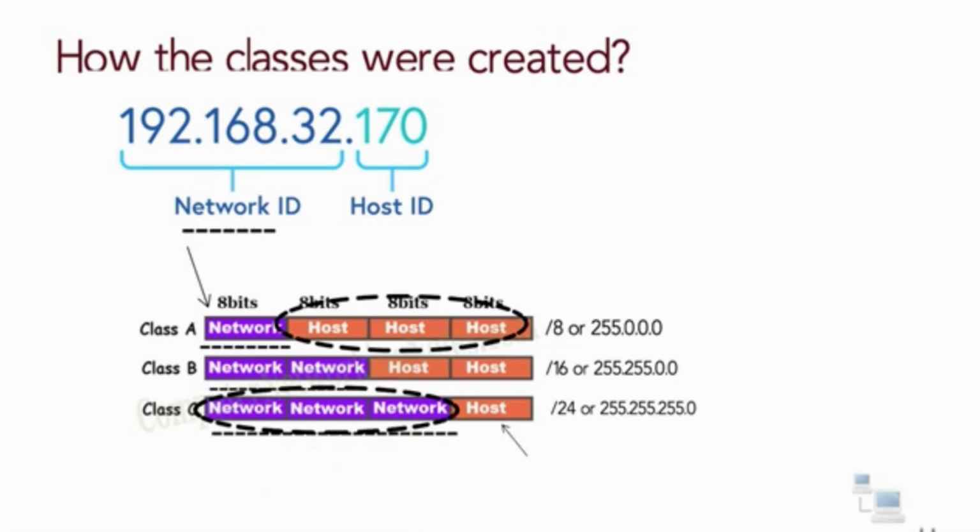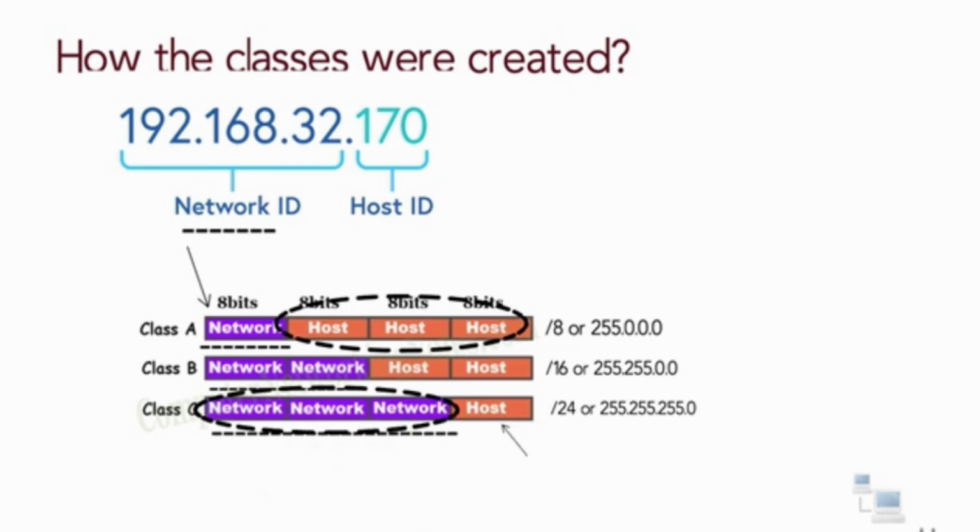Let's see how the classes were created. As you know, an IP address is the combination of network and host ID. In each IP address, a few bits are reserved for the network address. The classes were created based on the network size. In Class A, the first 8 bits are reserved for the network address, which gives you the subnet mask of /8 or